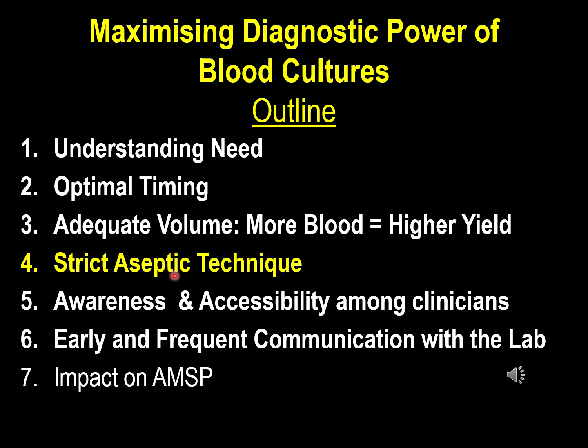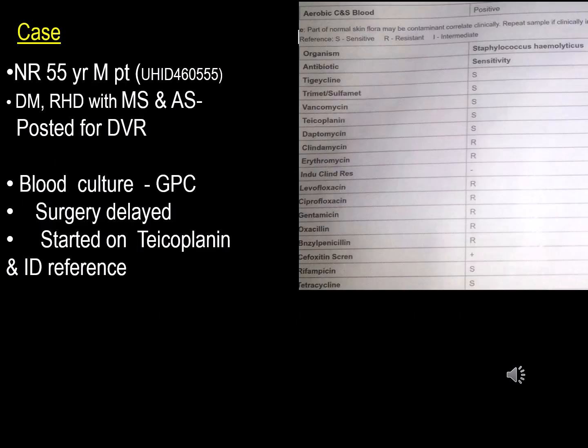Now, another way for maximizing the diagnostic power of blood cultures is by following a strict aseptic technique when we are drawing the blood cultures. Now, let's see what the impact of contamination in the blood culture is. This is a 55-year-old gentleman who was posted for a dual valve replacement because of his mitral stenosis and aortic stenosis. And now, just before the surgery,